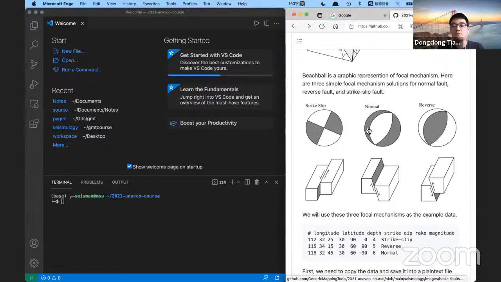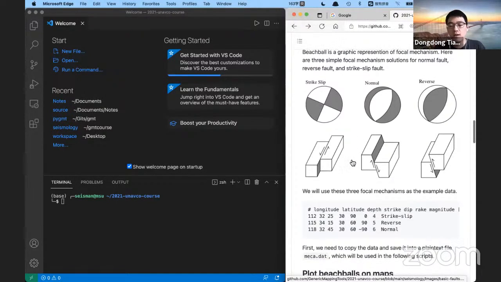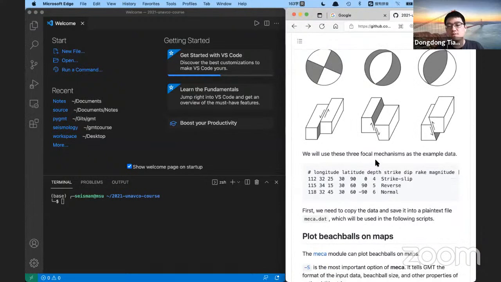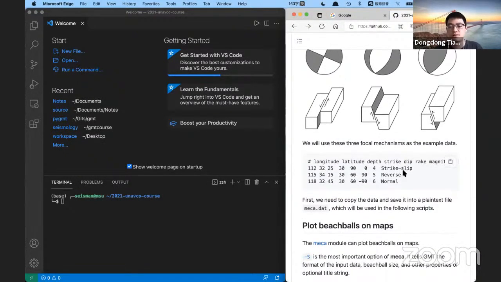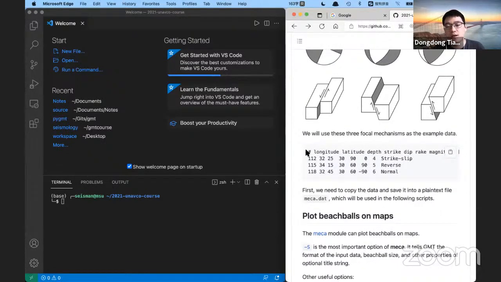So if you have some experience with the beach balls and the focal mechanism, actually you can read the beach balls and then you can know the geometry and the movement of the fault. I won't explain too much detail because this is mainly for geodesy. Here I will use these three focal mechanisms as the example data in this session, and this data actually contains